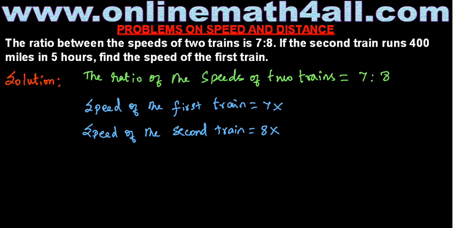So to get the value of x, I'm going to use the second information given. That is, the second train runs 400 miles in 5 hours. In the second information, it is given the distance covered by the second train and also the time taken by the second train to cover 400 miles. So here we know the two things, distance and time. By using these two things, we can find the speed. Because of the formula to find speed,